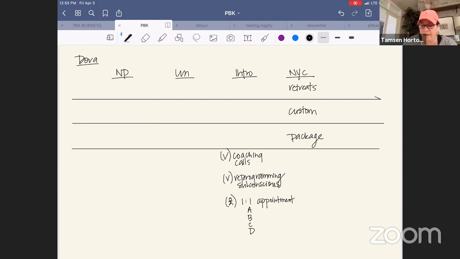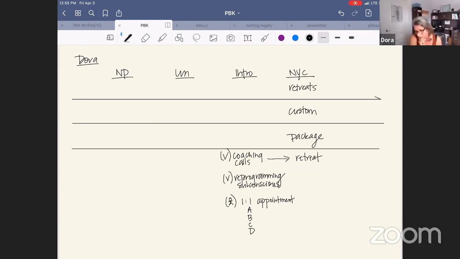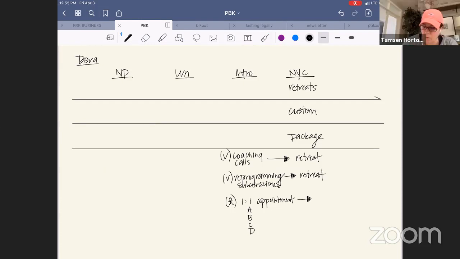So if I do a coaching call, what is the next natural progression, like to be a retreat? Yeah, we'd love to have them come for a retreat. If I do the reprogramming subconscious, is the next natural step to go to the retreat? Yes, because they all blend in together. They can be used separately, and they can also be a wonderful retreat where you get the whole enchilada. And I'm guessing the one-on-one appointments naturally lead to more of that, which would be a retreat. It could be, but they're pretty much people who are here in our town.